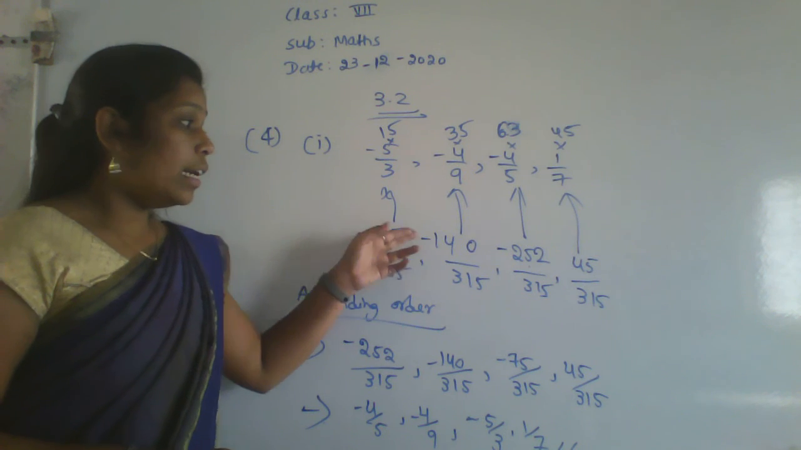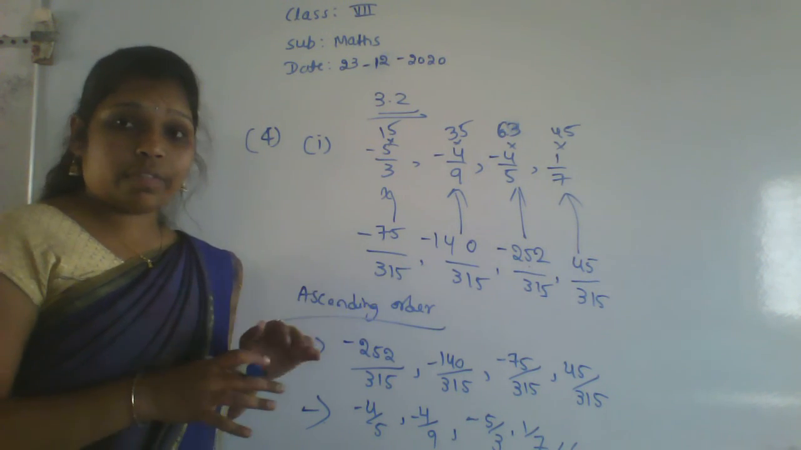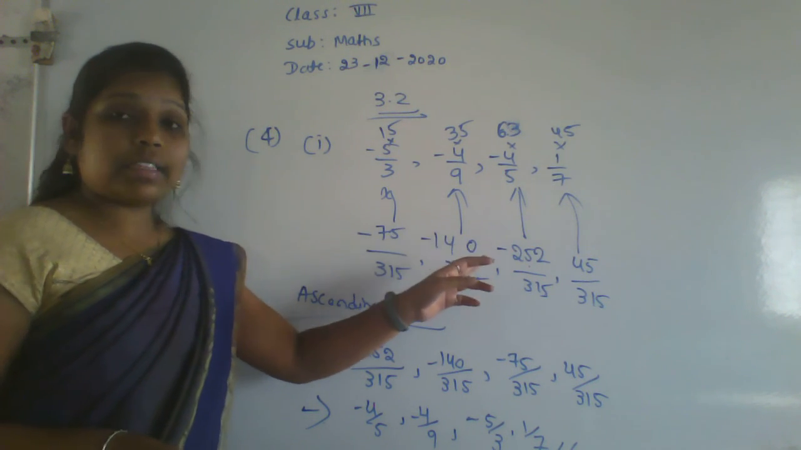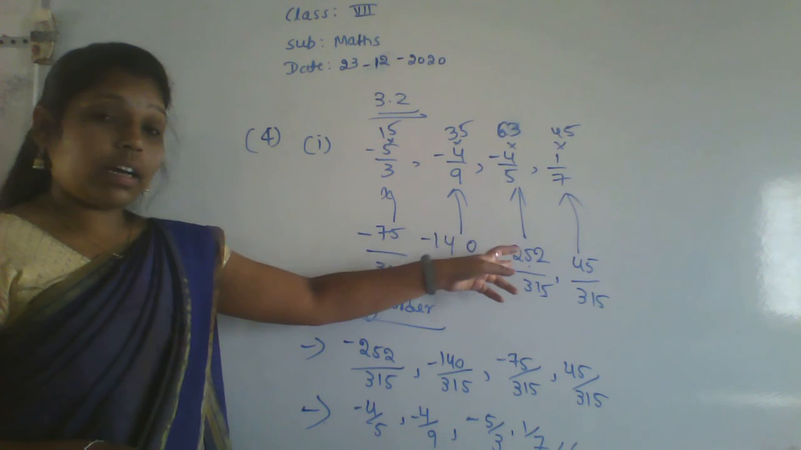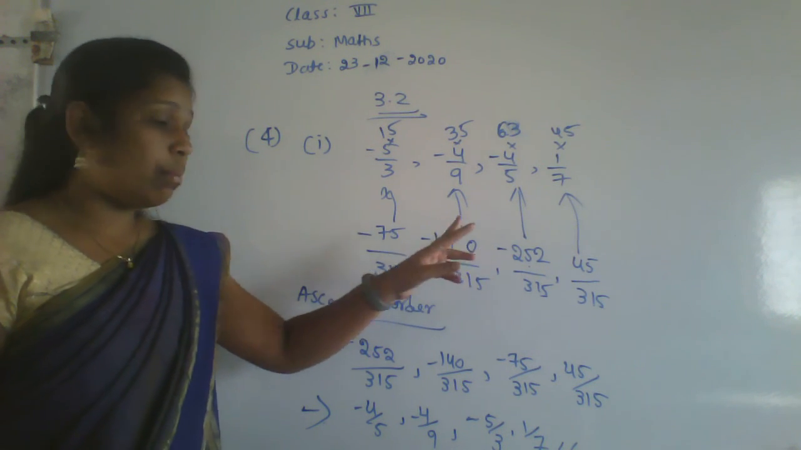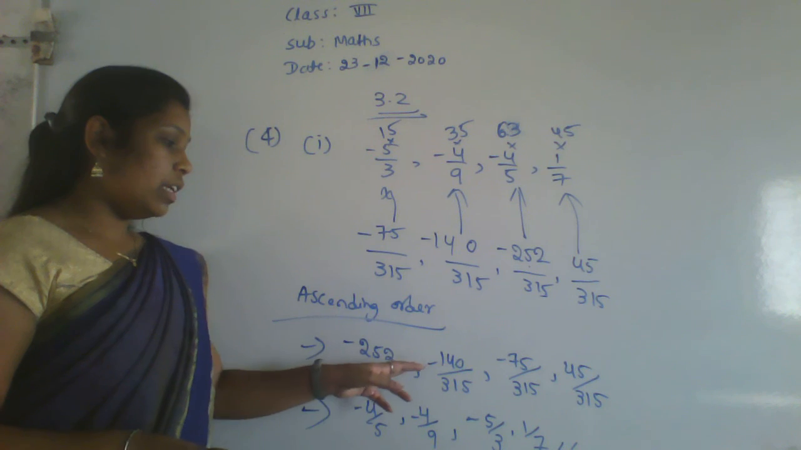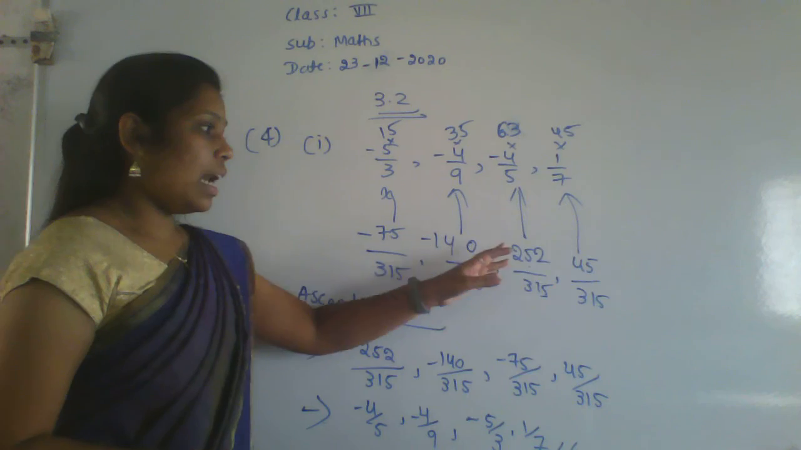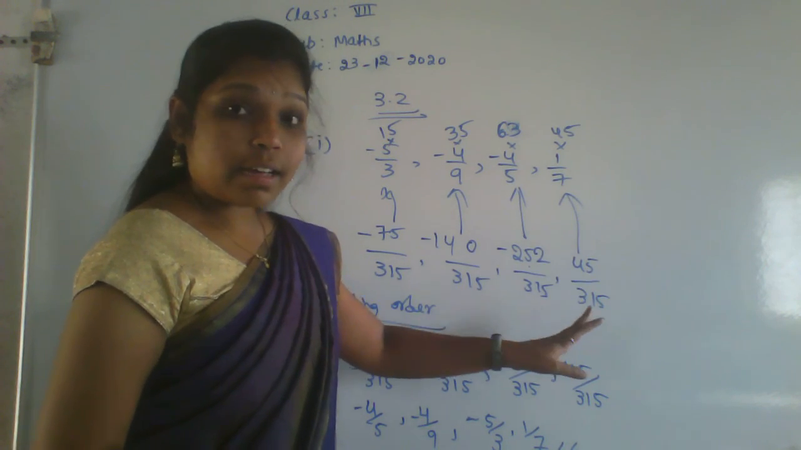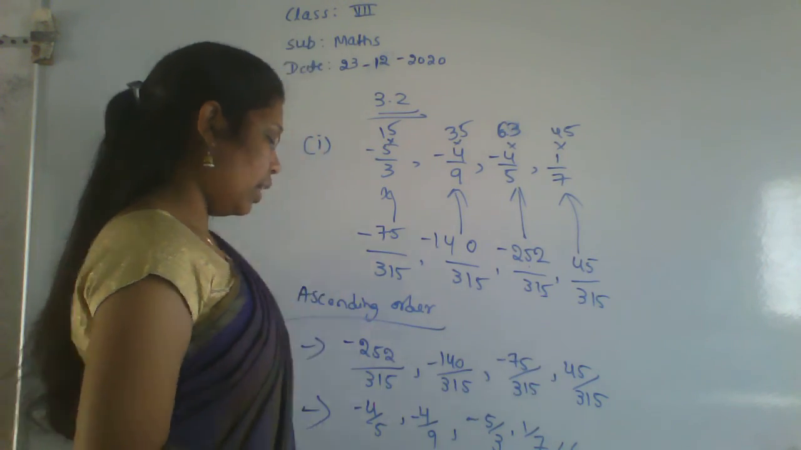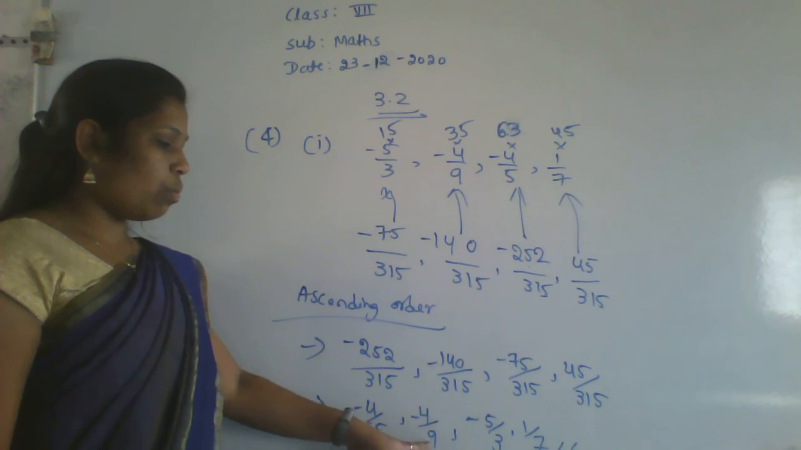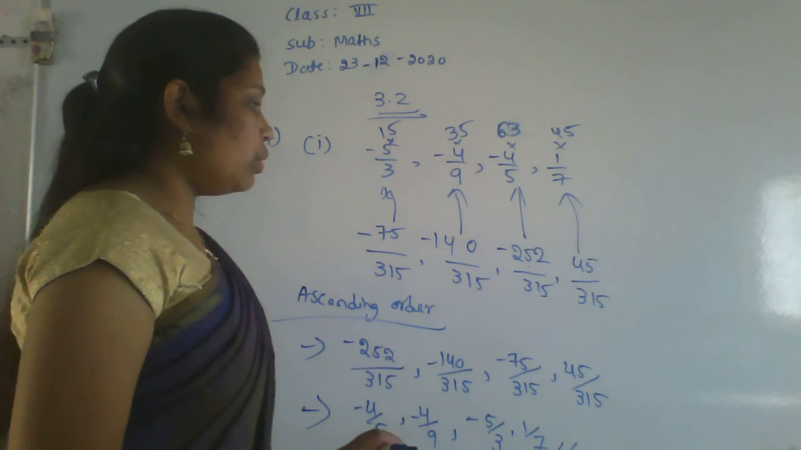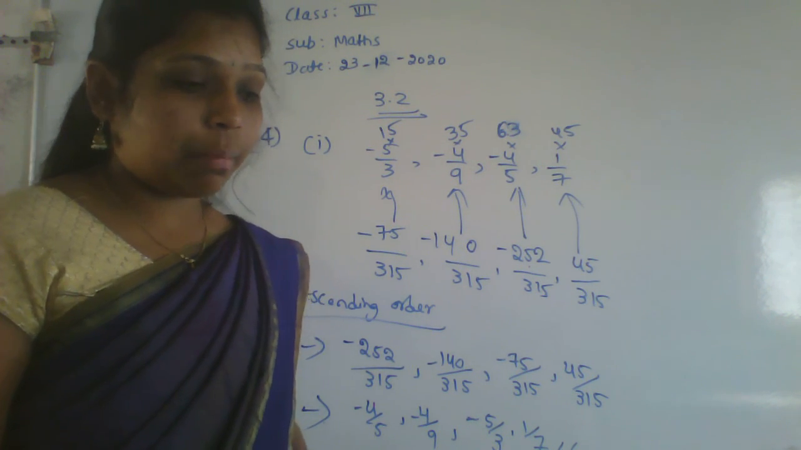Now compare the numerator values because the denominator is already the same. So now compare the numerator value and whichever is having a negative sign with the greatest number, that is the least number. So minus 252 by 315, minus 140 by 315, minus 75 by 315 and last, which is the positive value, that is the biggest number, that is 45 by 315. So it is minus 4 by 5, minus 4 by 9, minus 5 by 3 and it is 1 by 7 like that. Okay, so this is the way to write the ascending order of numbers,